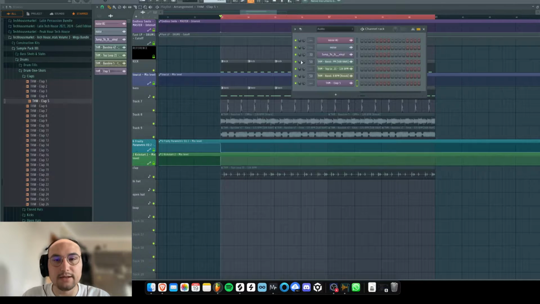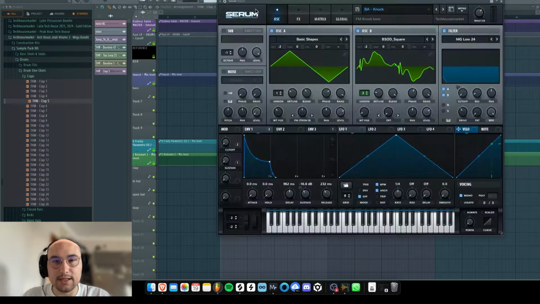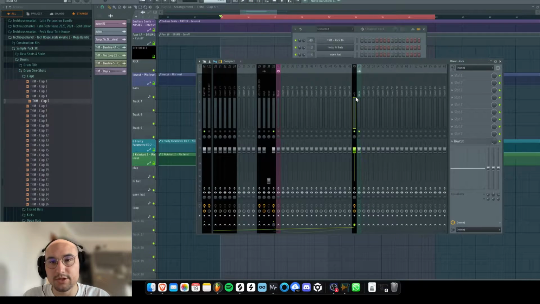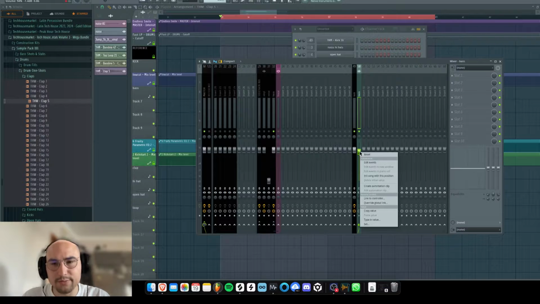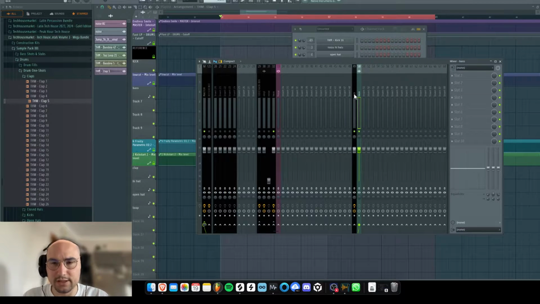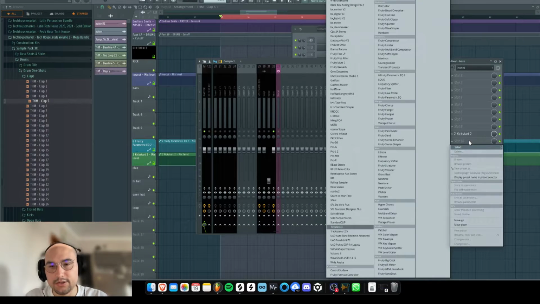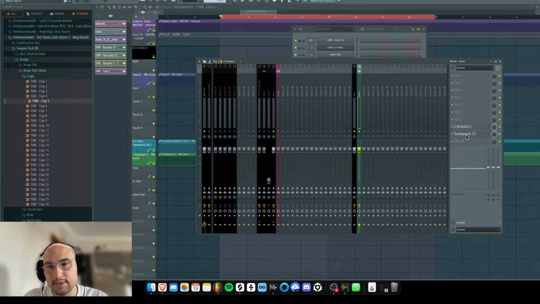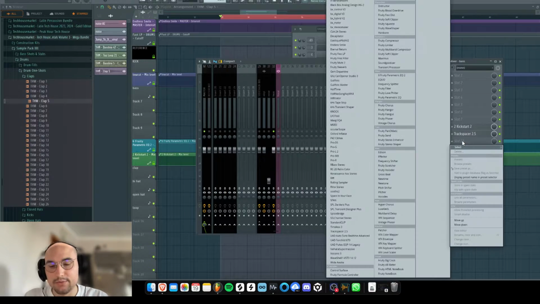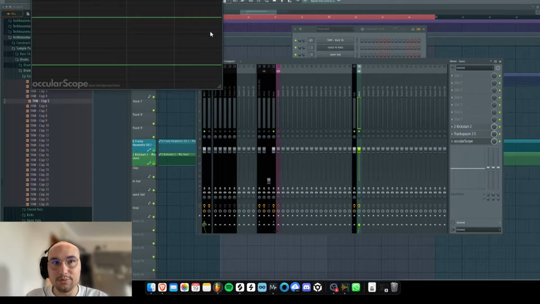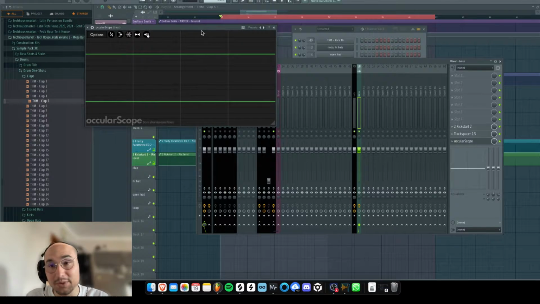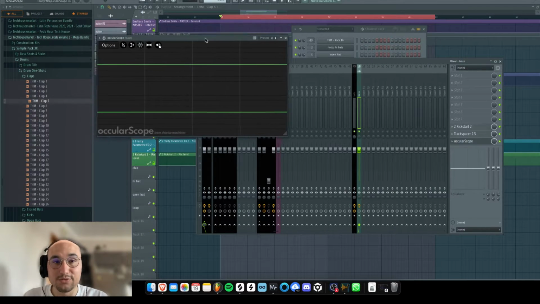So how I approach sidechains is I always assign pretty much the kick and the bass really close to each other, so I can always go back and forth and control the volume really quickly. But my main sidechain plugins are Kickstart and Track Spacer. And I got one more, which is called Ocular Scope, a free plugin that is extremely useful to